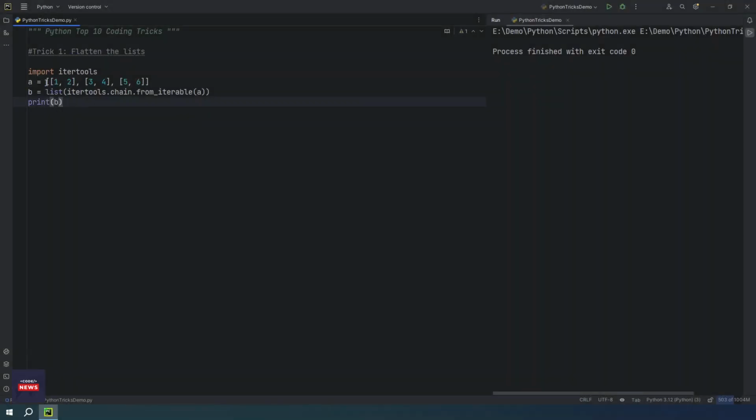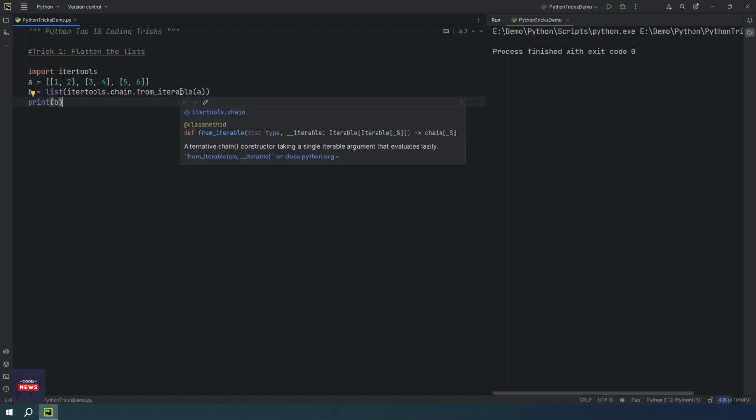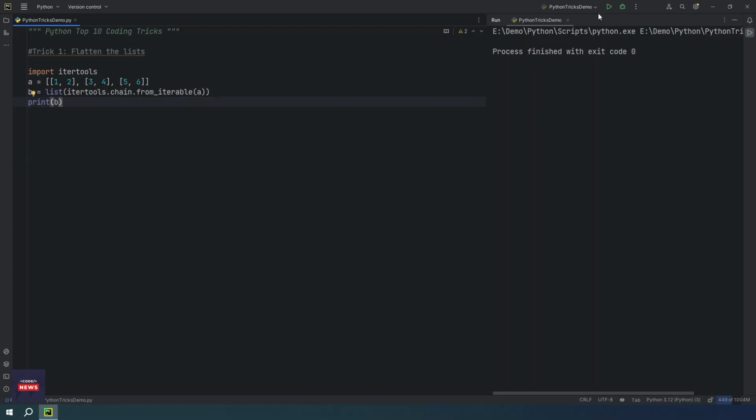We have a list object that contains items as lists. You see, we have items of the list as a list. We are going to flatten this object into a simple list. We have used the itertools module and the chain class. From that class we are using the from_iterable function, which converts all list objects into a single list. Okay, if you run the program you will see all the items from this list are now